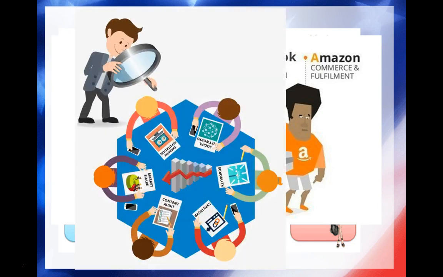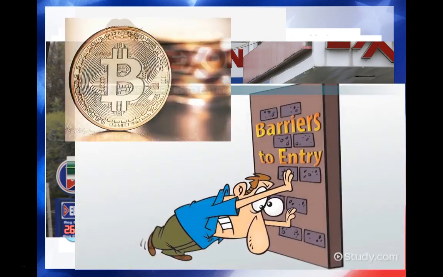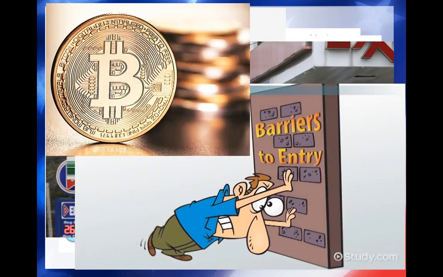Each seller has to watch the competition because one action will impact the others. I was in LA and saw a gas station selling gas for about $2.80 a gallon, and there was a line around the corner. The other three gas stations were selling at about $3.50, and their lots were empty. There are barriers to entry, and the cost of information is high, and that's pretty much the same as in a monopoly. So how does an oligopoly work?